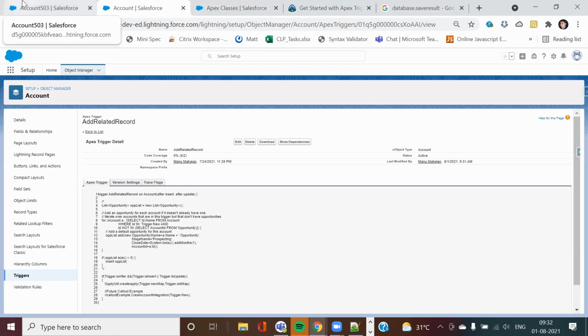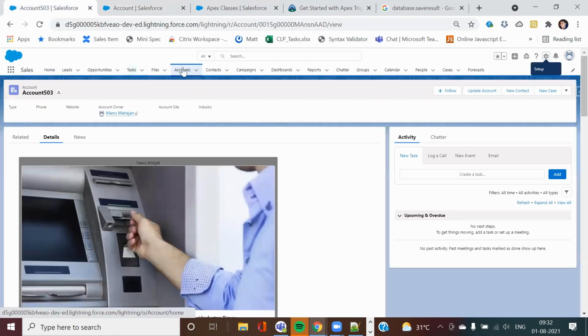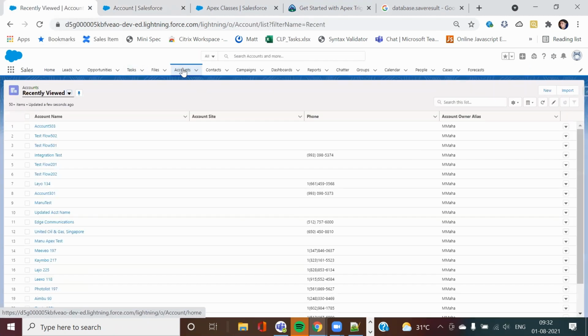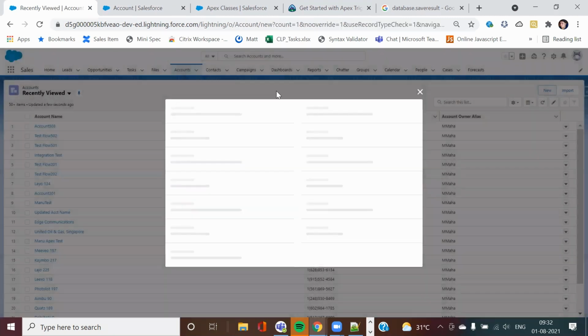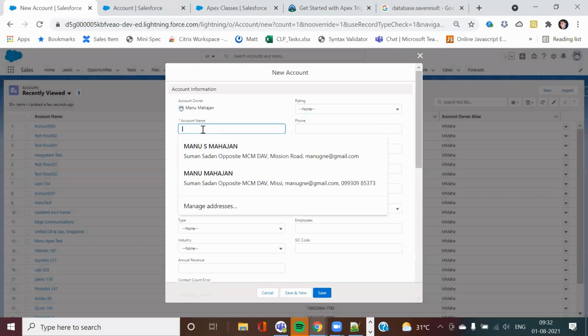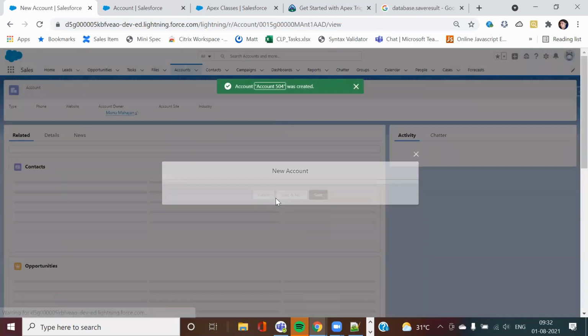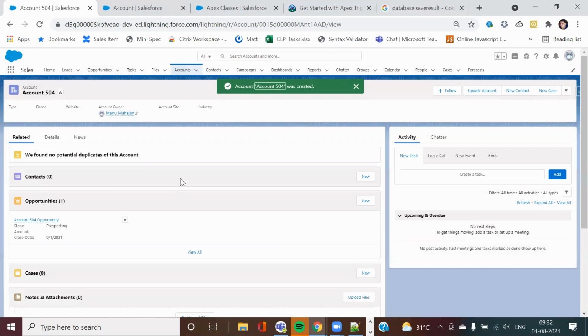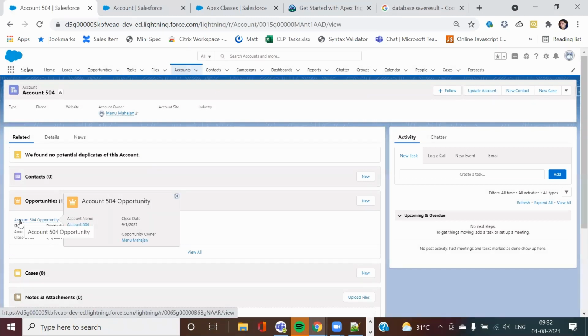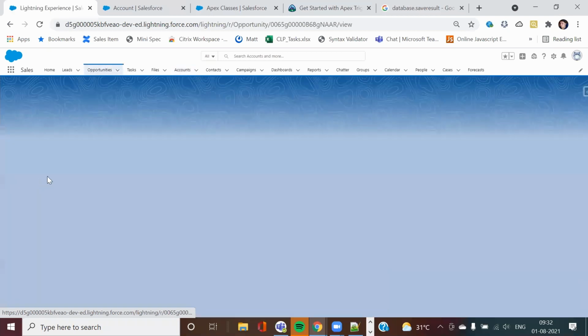Okay, so now let us try to create one new account. Let me save it. So now you see here, this one opportunity has been created, with close date more than 1 month.